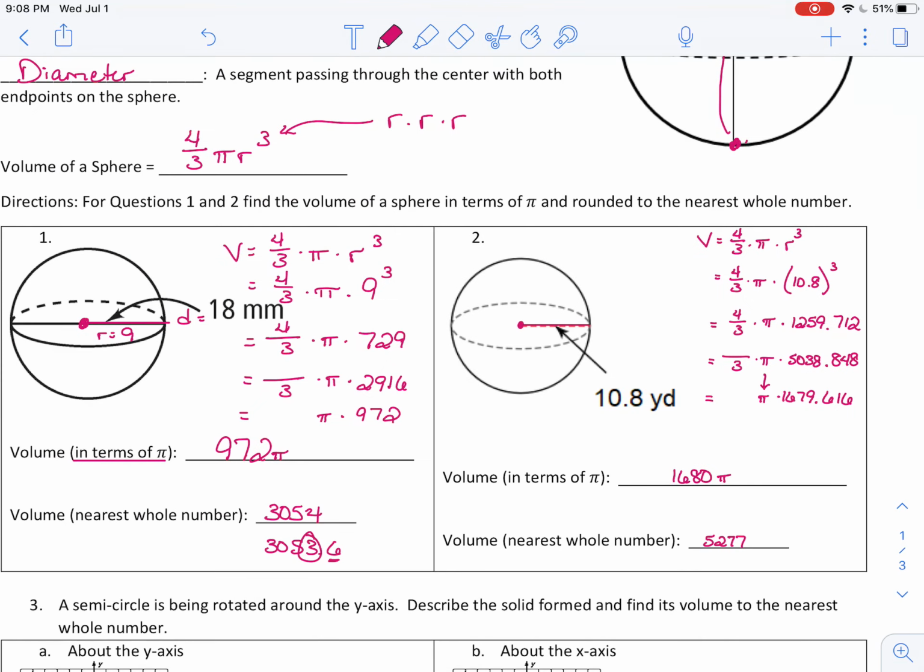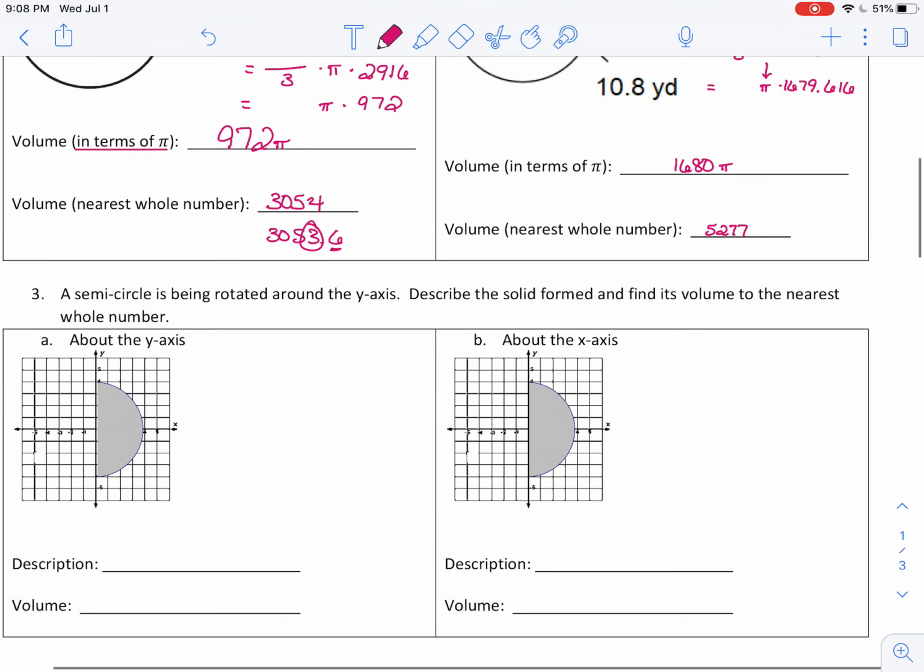So we got our 2 volumes. Like I said, pretty straightforward because you just need a radius to plug in. It can get messy when evaluating depending on your calculator. And we're going to be rotating things, so